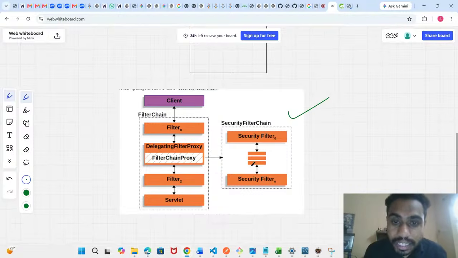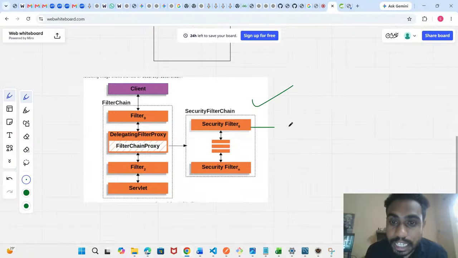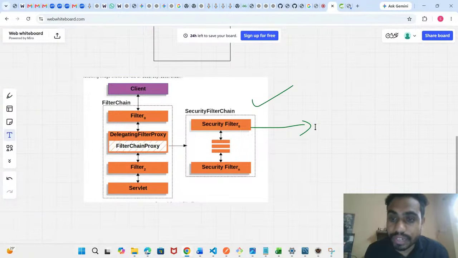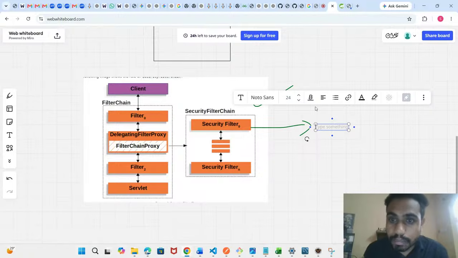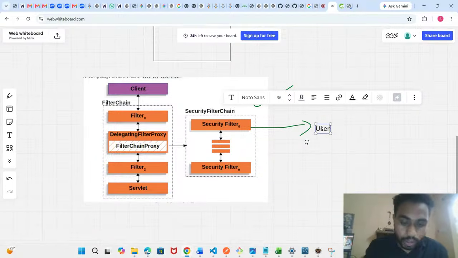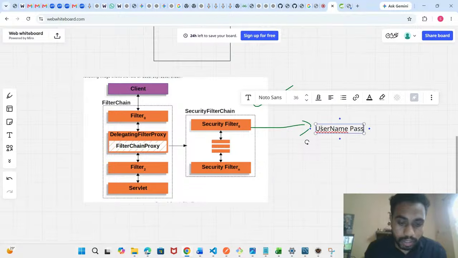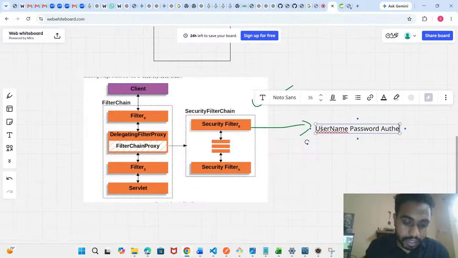Now let me tell you one point. This security filter might sometimes be the username password authentication filter. Sometimes it is the basic filter.